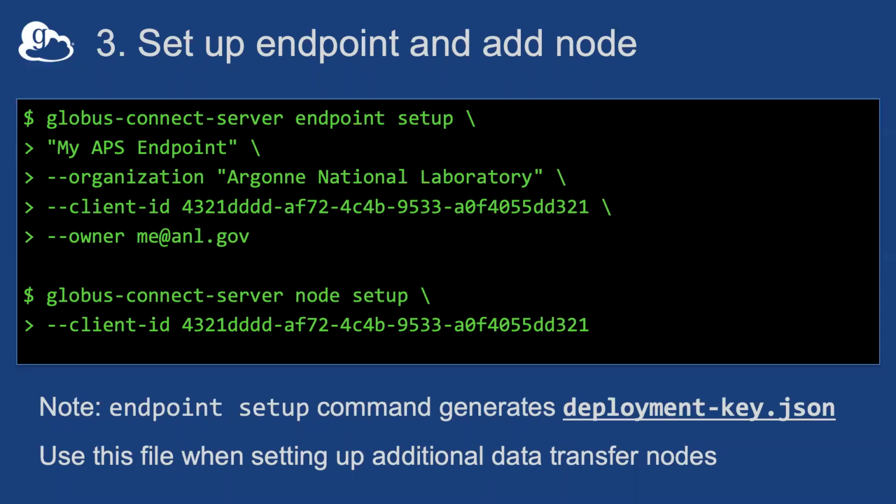The deployment key is used to encrypt the configuration and push it to a synchronization service that we have with v5. That ensures that a change that you make on one node in a multi-DTN setup automatically is pushed to all the other nodes. If you have to start from scratch, in a sense, if you're wiping and installing completely,